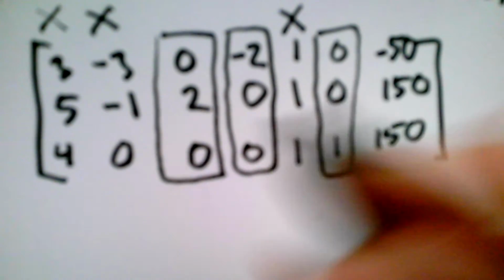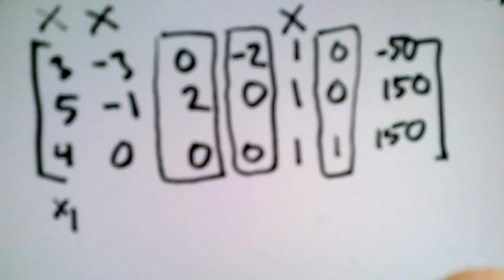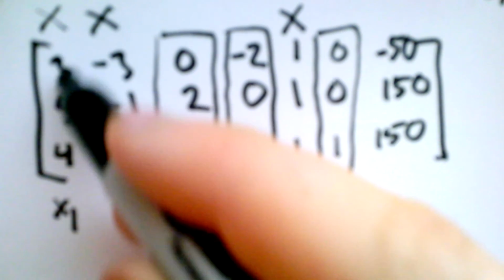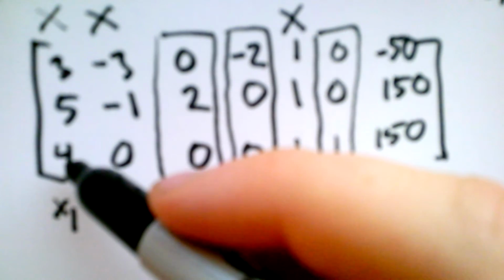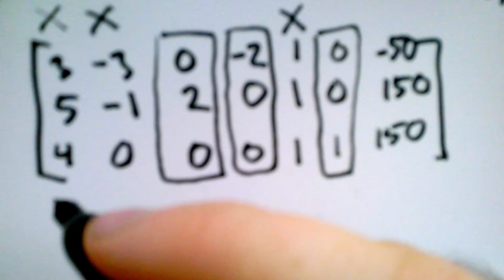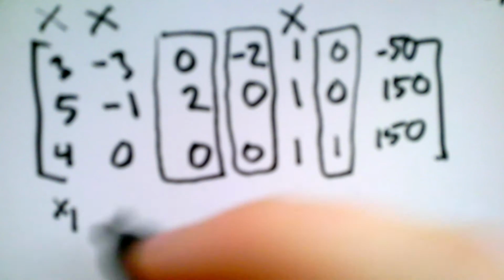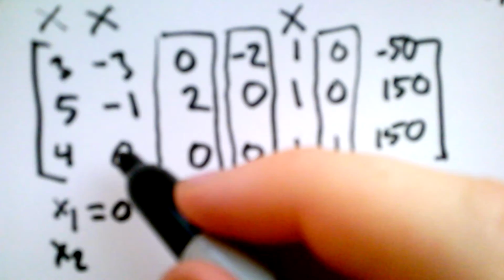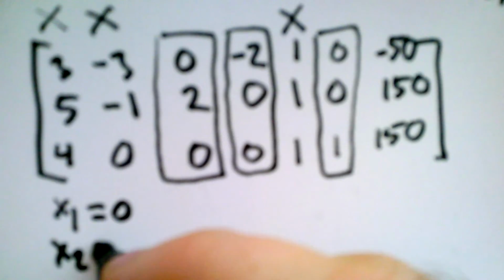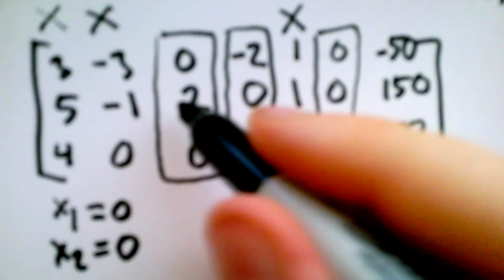And now I recall that this was my x1 row. Because this row has more than one non-zero entry, the value of this variable that will maximize my z is 0. This is my x2 row. It also has more than one non-zero entry, so the value that maximizes it is also 0. This is my x3